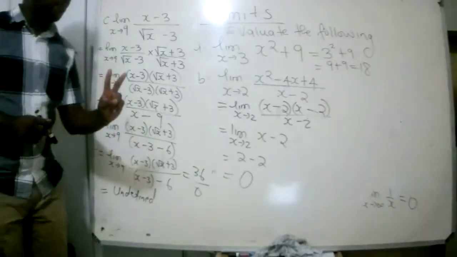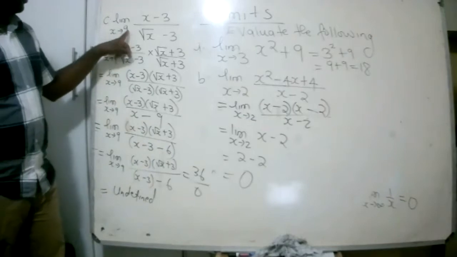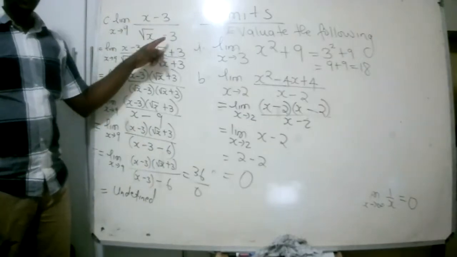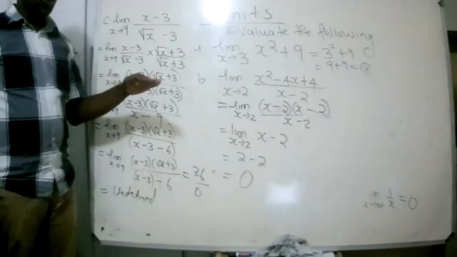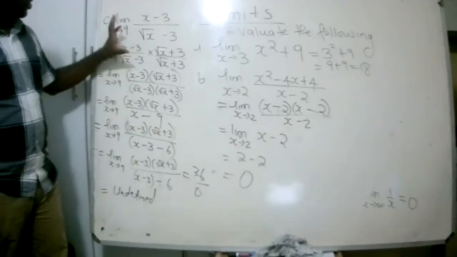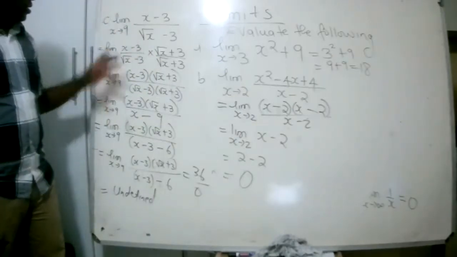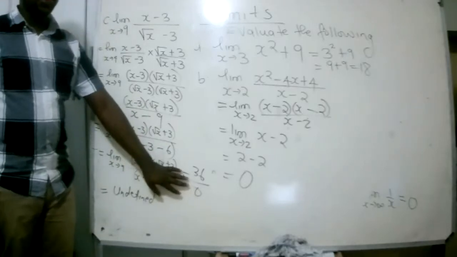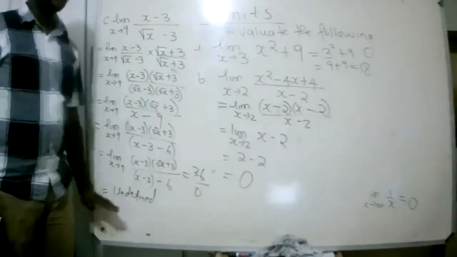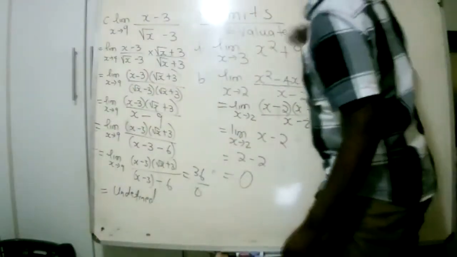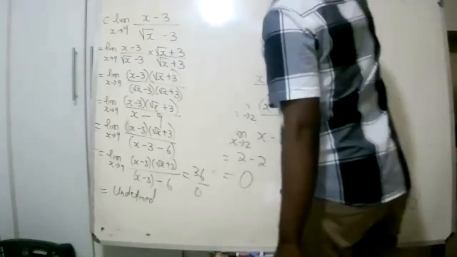We tried 2 approaches. The first approach is direct substitution, after which we don't need to conclude in that case. We need to go further and rationalize. You simplify or you rationalize. Then after rationalizing, when you get an expression with a denominator of 0, then you can conclude that this is undefined. So now let's go back to do questions on